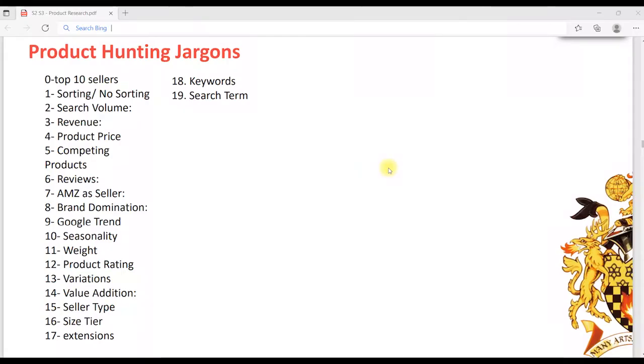The second component, the second term, is search volume. We analyze the search volume of a product: what is the search volume of this product all the time and all year, how it has performed, how many buyers have searched this product throughout the year. So what we get from search volume is that it tells us how much demand there is for this product